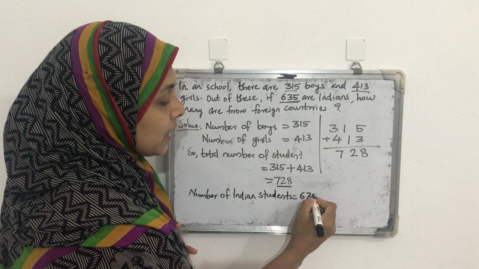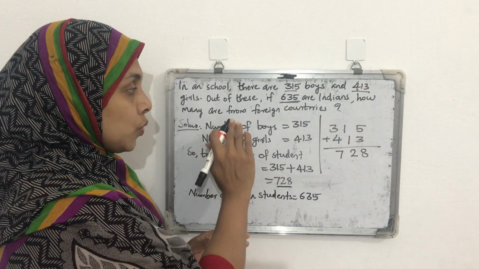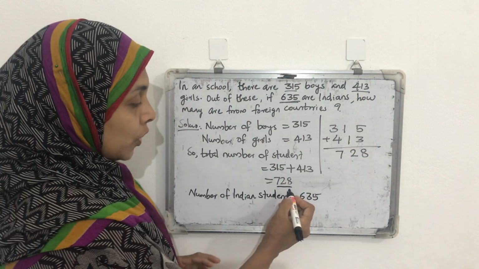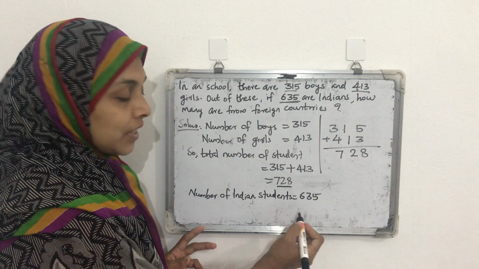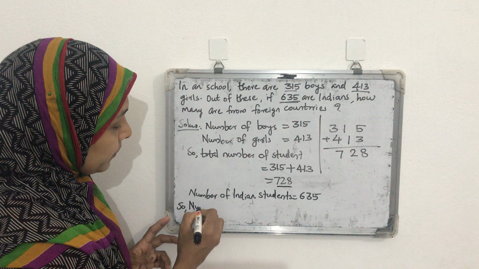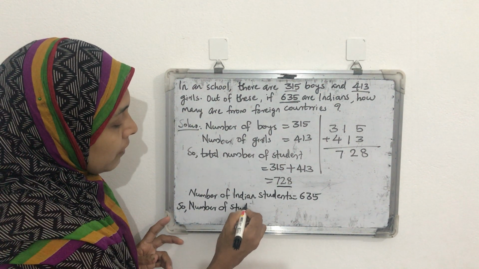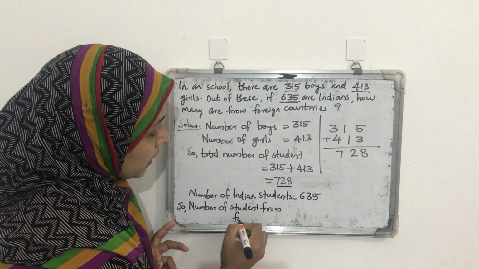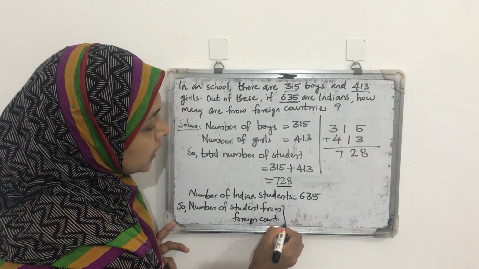That is 635. So what will be the number of students from foreign countries? How can we find it? From the total 728, we are subtracting 635. So number of students from foreign countries, okay, that's equal to